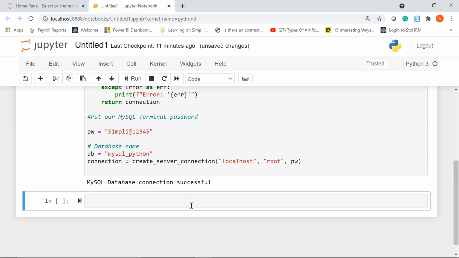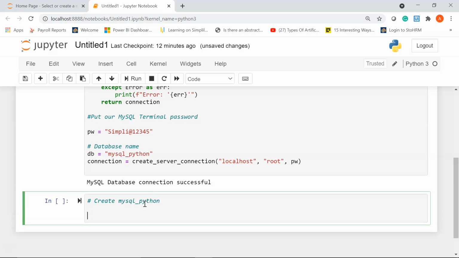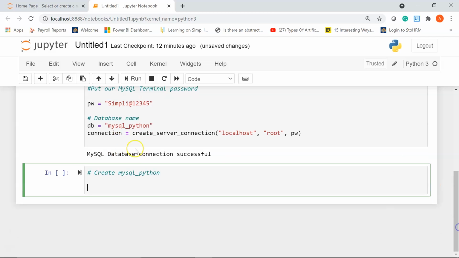Alright, next we are now going to create a database, that is MySQL_Python. So I'll give a comment, create MySQL_Python database. Again, to create this database, I'm going to create another user-defined function using the def keyword.